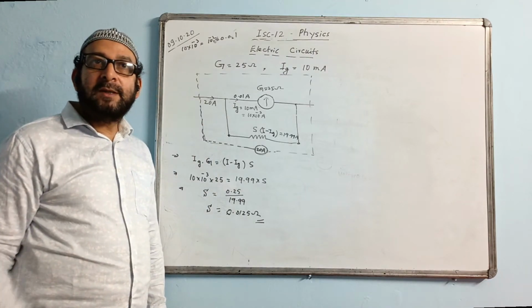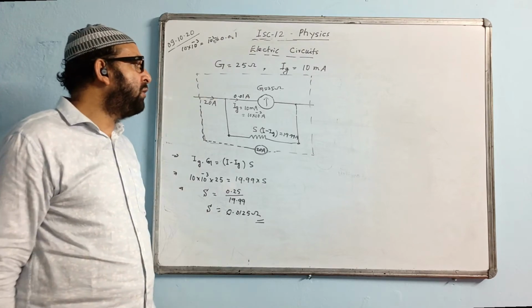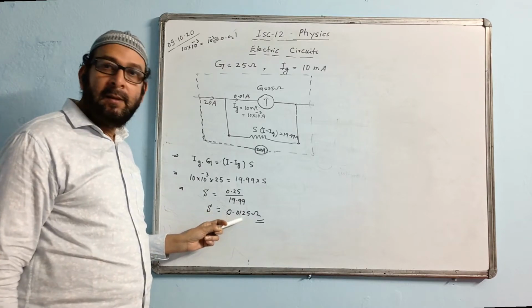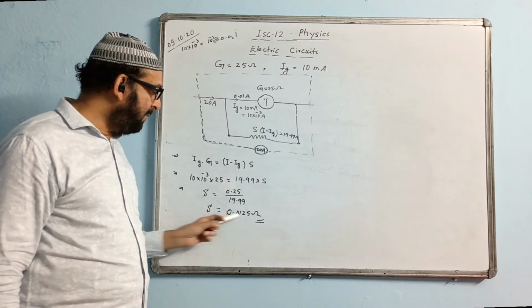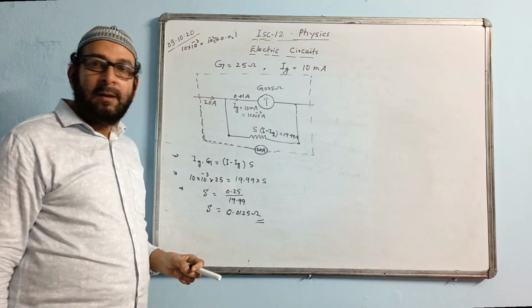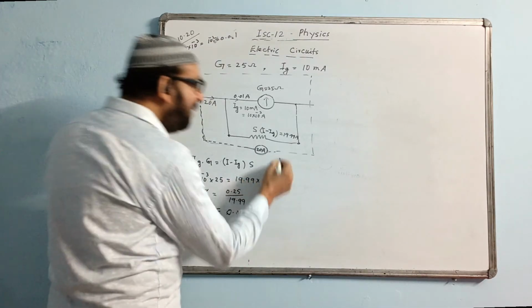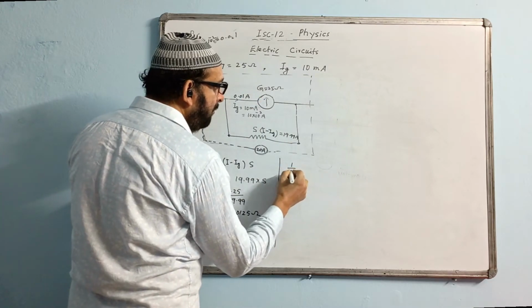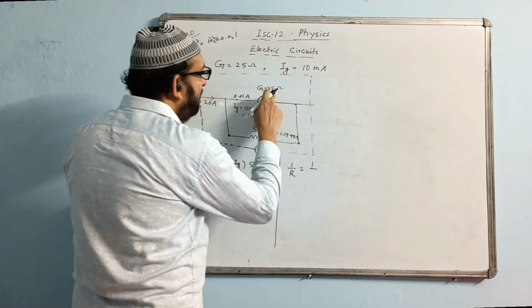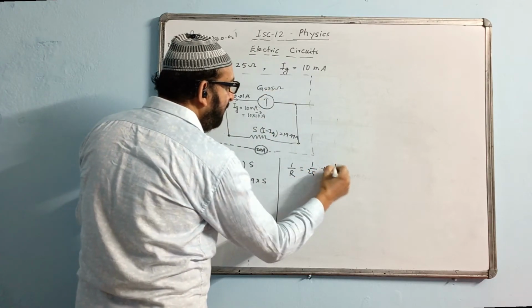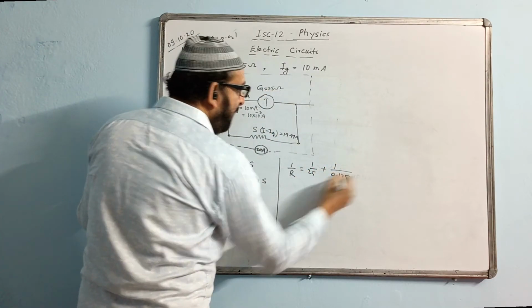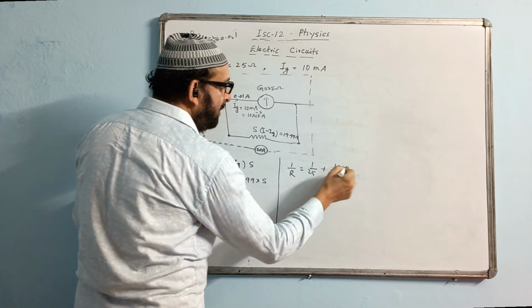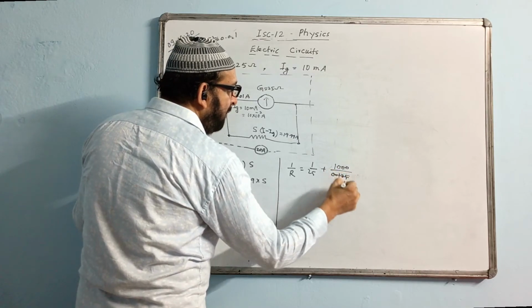By chance, if we ask you what is the approximate value of the resistance of the ammeter, that will be equal to the value of S. The value of S is already very low, so the answer will be nearly equal to this value. The exact value uses the parallel formula. 1 by R is equal to 1 by 25 plus 1 by 0.0125. You can remove the point, 1000 coming here, you can cancel it.